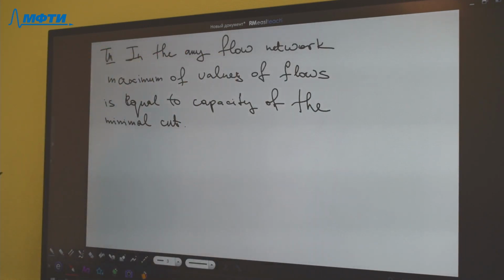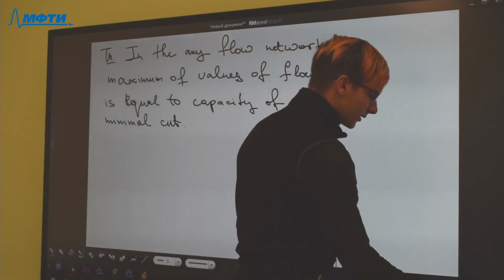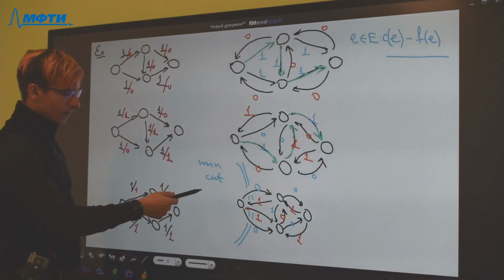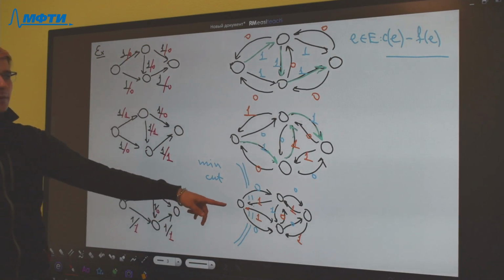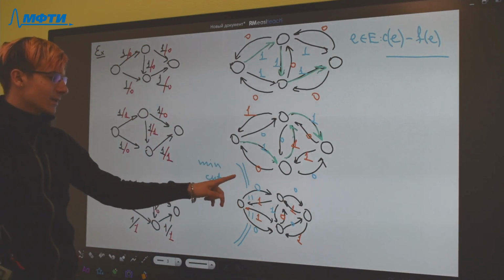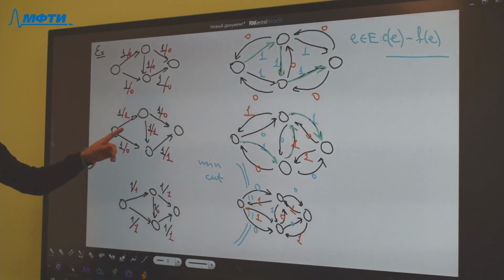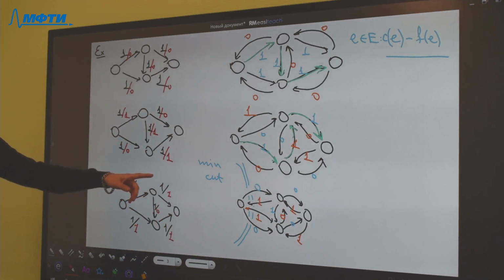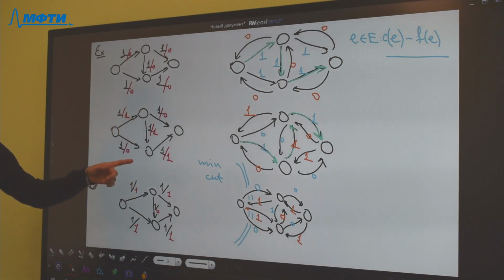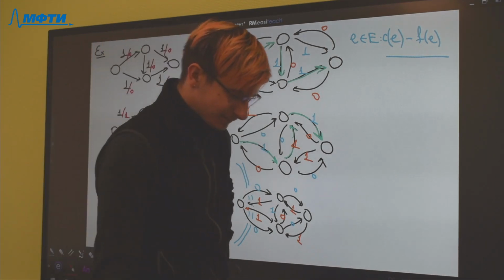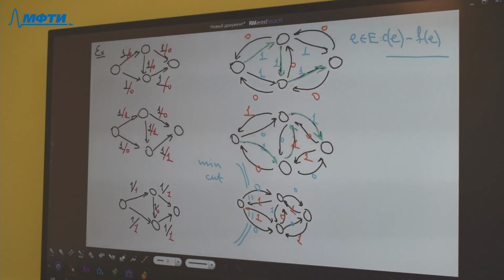Because when we get the maximal flow in the residual network, we can get the minimal cut of the network with capacity equal to the maximal flow. Okay, but there are two problems with this algorithm. Go to the slides